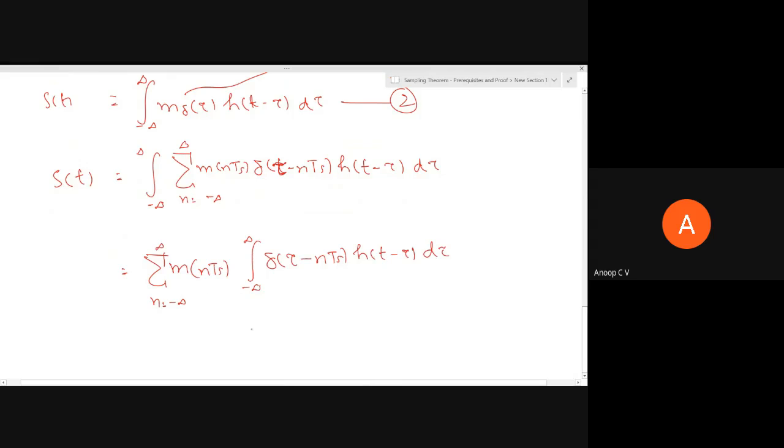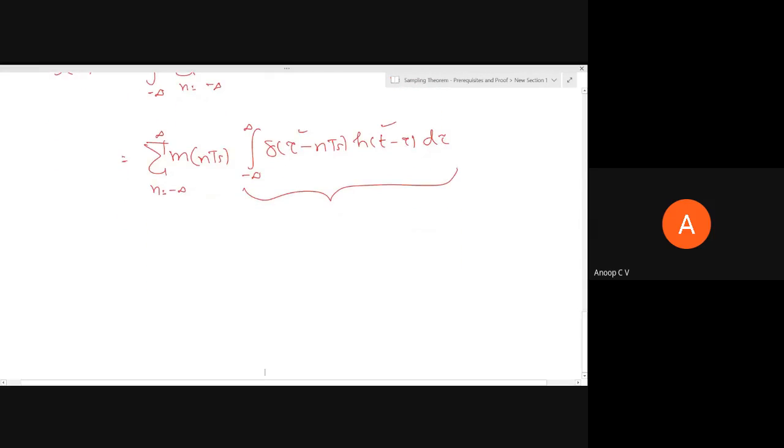So we do have this integral now. It is the integral of the product of a shifted version of δ(t) and another signal h(t). So by the shifting property of the impulse function, you might have studied this. I will just recollect what that is. By the shifting property